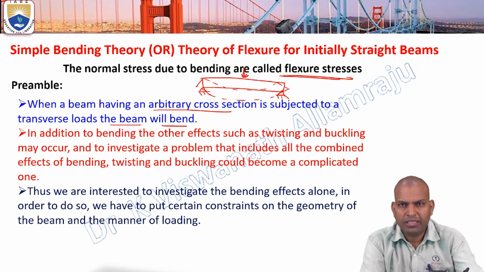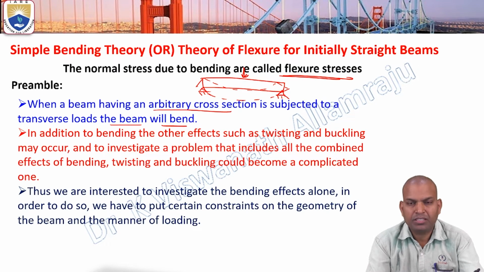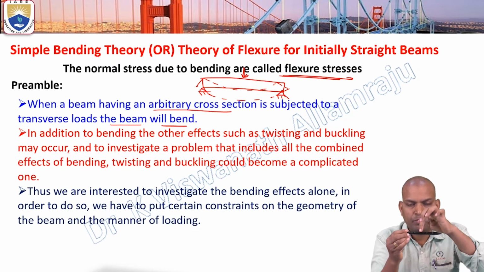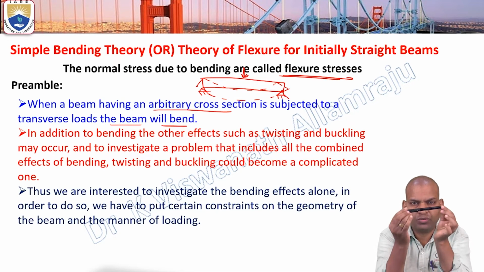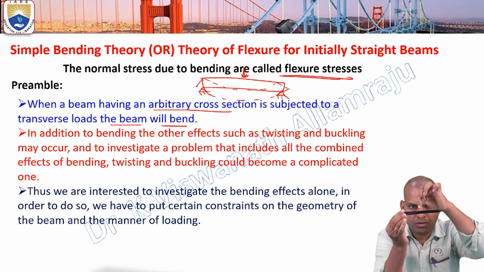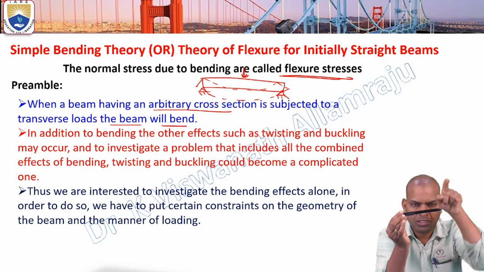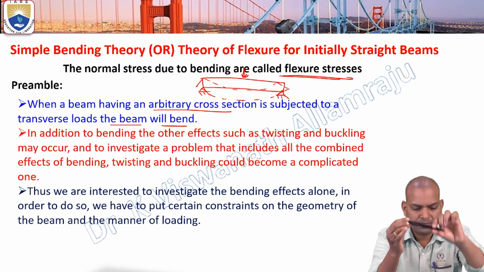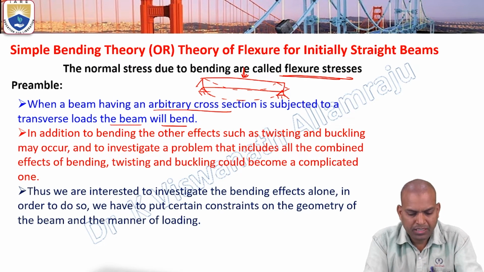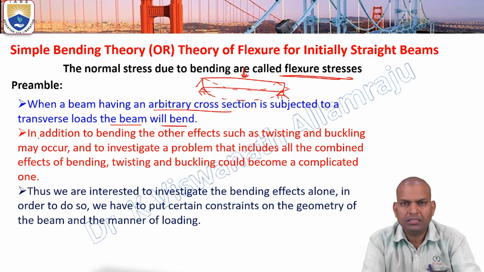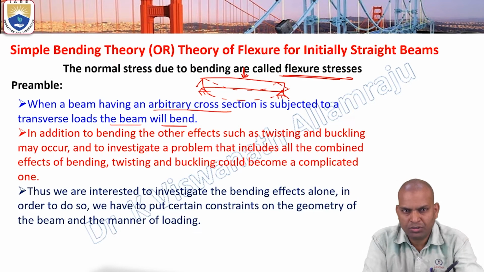So the load causes the beam to bend. That's why the beam will bend when it is subjected to transverse load. Two ends are fixed. When we apply the load in the transverse direction, it bends. Here, one more thing: in addition to the bending, when the beam is subject to transverse load,